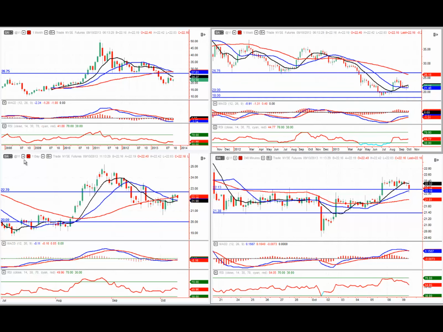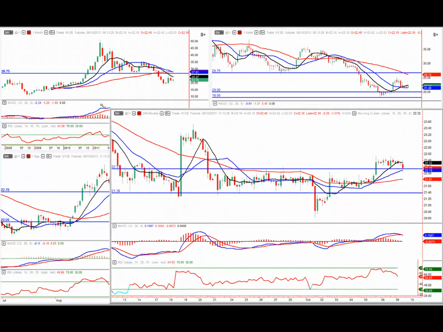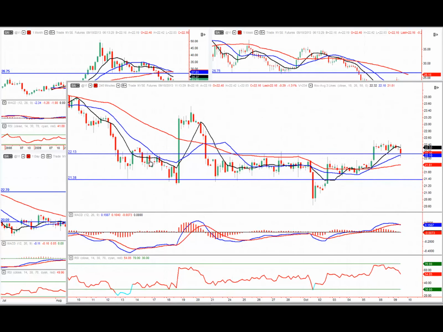Coming down to the daily chart, we can see this bit of price action in a bit more detail. We can see the start of the move down. We've now had a rejection off 21 here and started to move back up to the high side. Where it starts to get interesting is when we come down to the 240 chart. If I zoom that up, you can see how price has been pretty much range bound within a fairly tight range, between approximately 22.13 and 21.38 as I've got it marked there. They're approximate levels, but you can certainly see the structure of this